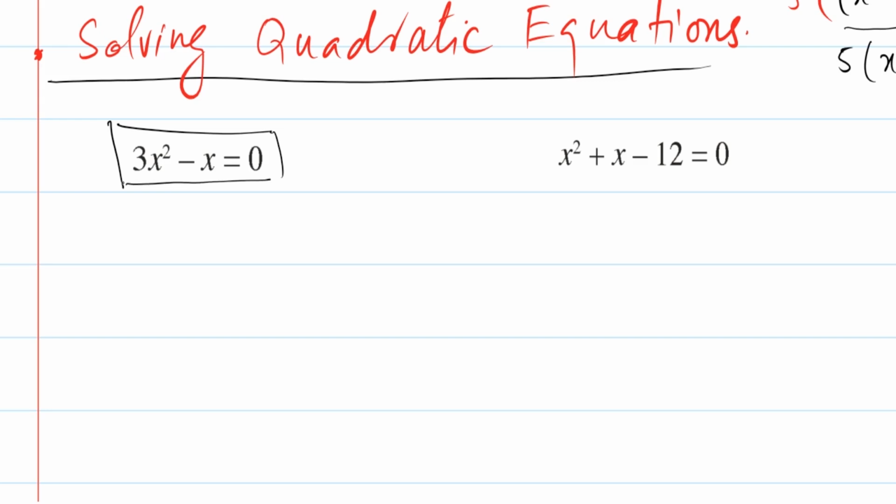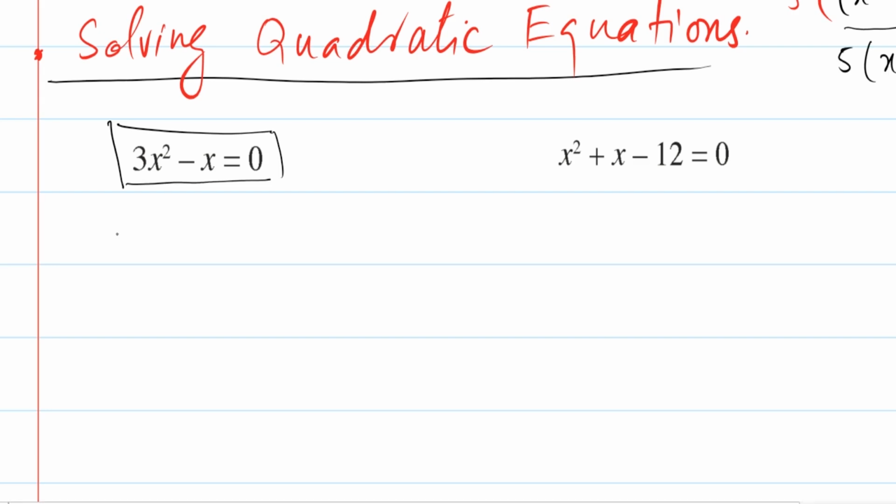If there are 2 terms, then there can be either taking common, or the identity of a square minus b square can be applied. For a square minus b square, the negative sign must be there, which is here, but the two terms must be perfect squares. In this case, they are not. 3x square is not a perfect square, x square only partially is a perfect square, but as a whole, with the 3, it is not a perfect square. And the same is the case for x. So x is not a perfect square.